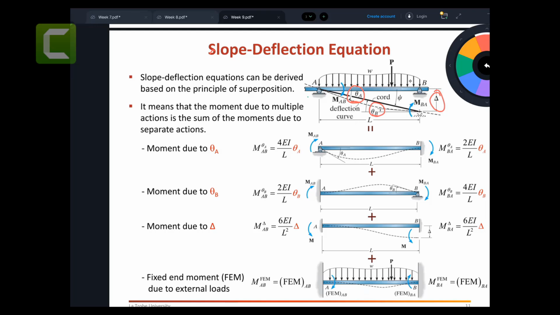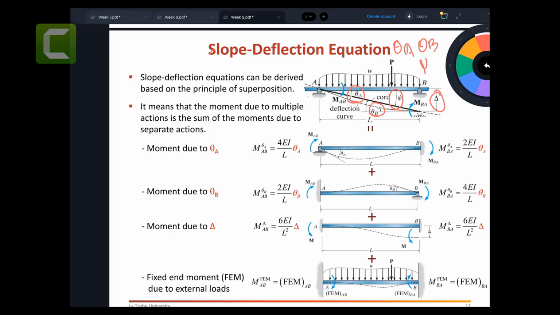And there would be some kind of a code rotation that is developed due to this. So there are three different kinematic indeterminacies, which are theta A, theta B, and there is a code rotation psi. So there are three different kinematic indeterminacies. Now, as you know, in the force methods, we also did something similar: when you find the static